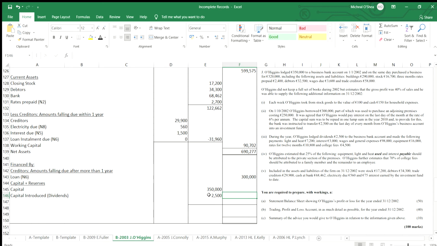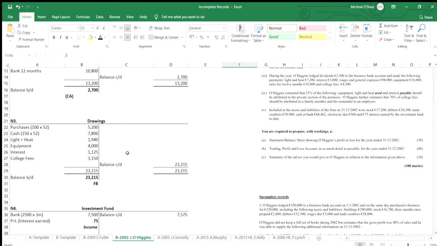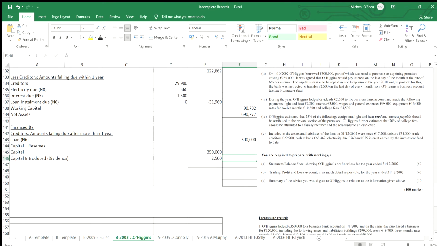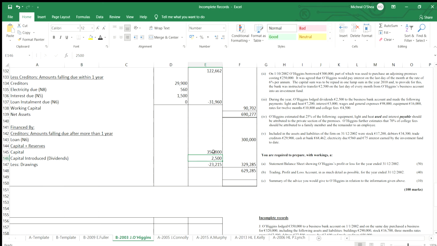What else goes in the finance buy? Well, usually we'll add net profit, but I don't know what my net profit is. So all I can do now is go back and see that the only other thing that I have is drawings, which is also a finance buy figure. My finance buy is usually credit figures, but drawings is here on the debit side, so I take it away as I normally do for drawings. I take away drawings at the end of the year, so less drawings of